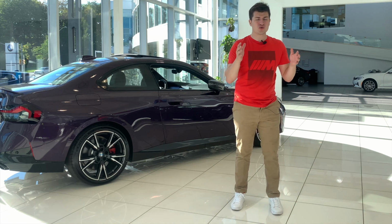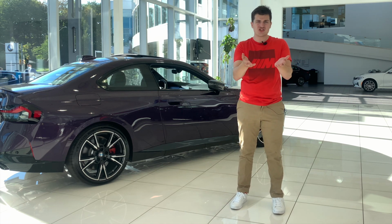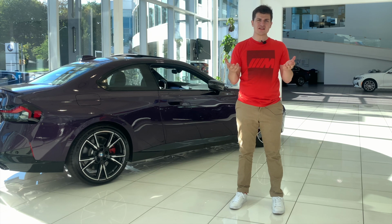Now, if you are looking to get in on this car for November 20th, you will want to be taking the launch edition, or what we call HEA specs. In the product bulletin, I'm going to highlight what the HEA specs are and how it all breaks down, so that you can see what options are available if you want to take a delivery of one of these